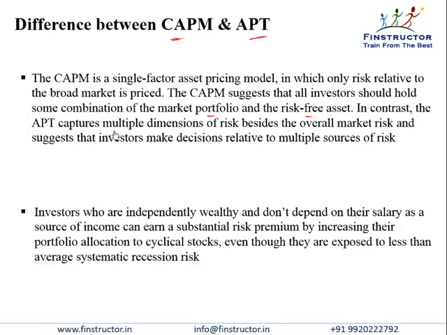In contrast, the APT captures multiple dimensions of risk besides the overall market risk and suggests that investors make decisions relative to multiple sources of risk, not just market risk. Liquidity, GDP growth, etc. may also be considerations that should be factored in. Investors who are independently wealthy and don't depend on their salary as a source of income can earn a substantial risk premium by increasing their portfolio allocation to cyclical stocks, even though they are exposed to less than average systematic